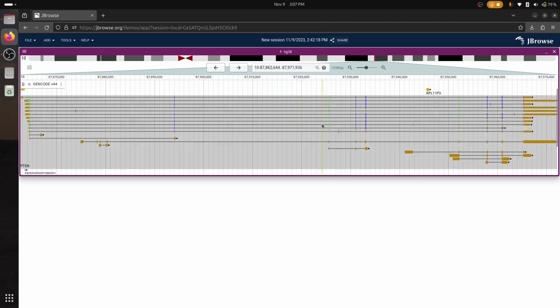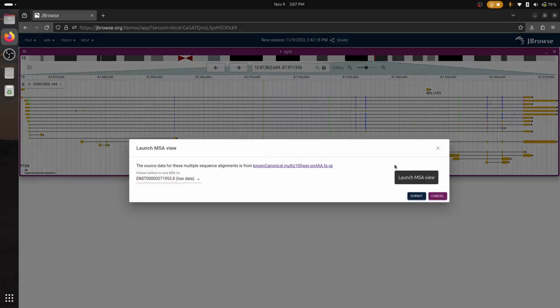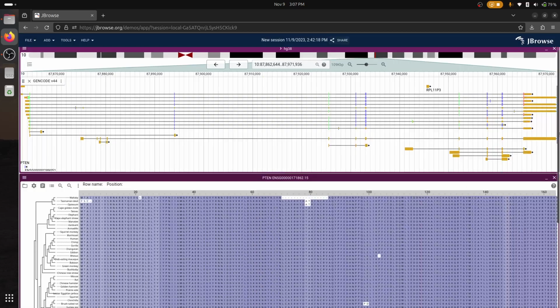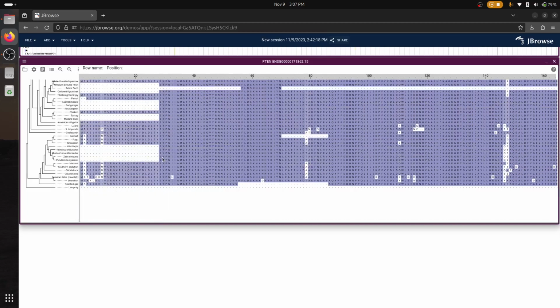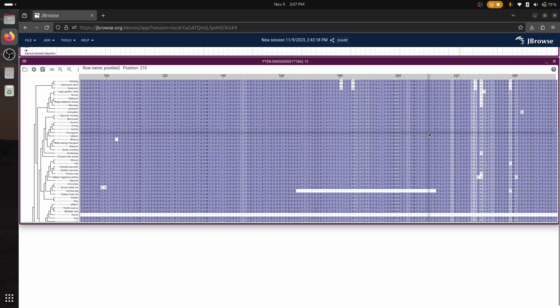We'll see the gene structure from the GFF3 file, and I'm going to right click and, to start, do the launch MSA view. So this gives us a multiple sequence alignment using data from UCSC, which is a multiple alignment of the canonical transcript of this gene against 100 other species. Clicking submit, we now see our multiple sequence alignment with all these different species,